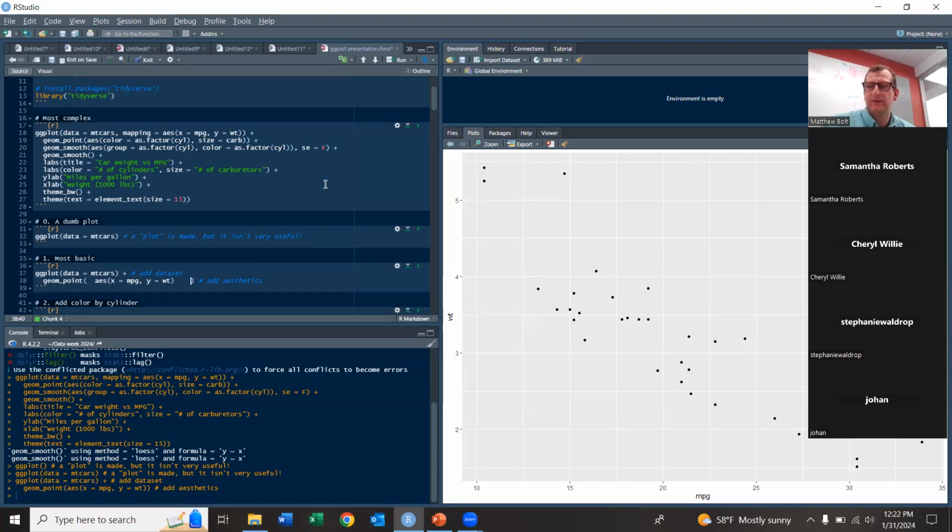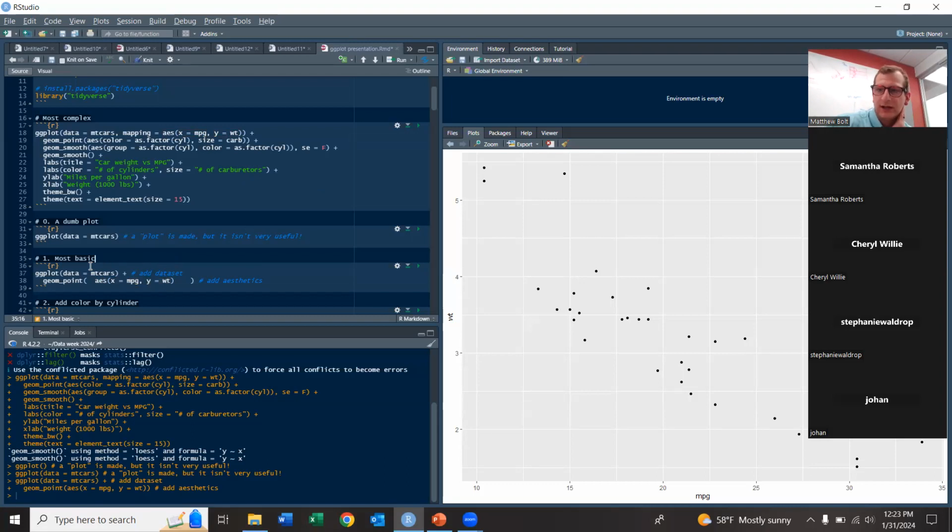And maybe a better word than aesthetics is components. What components do you want that graph to have? Okay. And so inside this aesthetics statement, we assign some components that we want the graph to have. In this case, we want X to equal our miles per gallon, and we want Y to equal our weight,